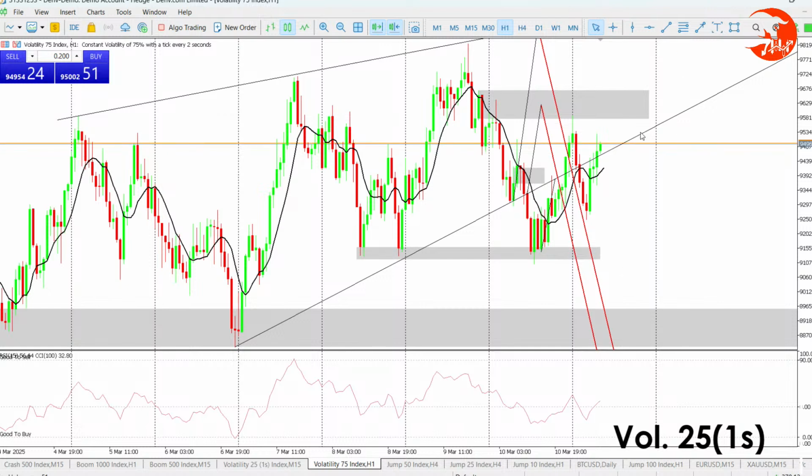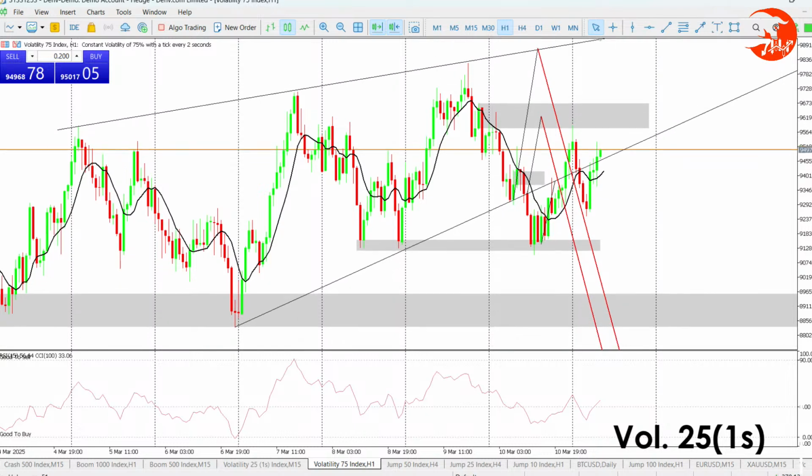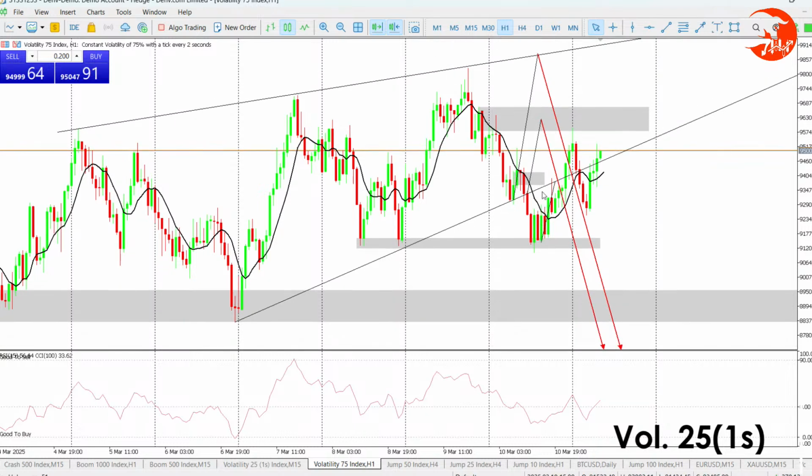V75. Now V75, those who remember, we wanted to enter buys yesterday. In fact, I had even buy limits right here. So I entered it only to push back when it went there and then came down again, took my stop losses, and we were out of that market. It gave us this breakout, thinking that we had actually gotten a good, successful breakout, but it met this reaction, a support level right here. So it reacted from there, and eventually we saw,